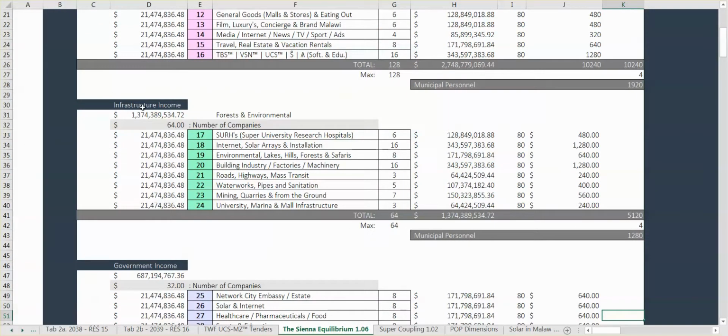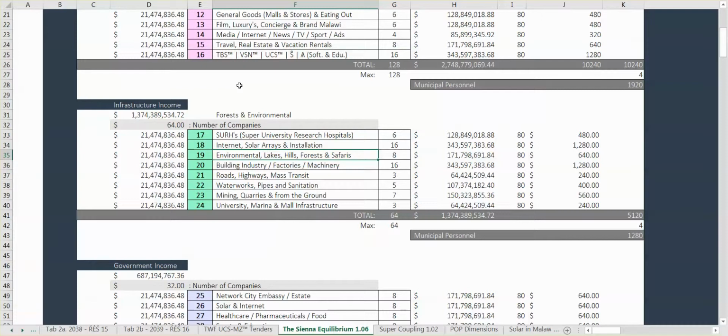We've got infrastructure income. Now that's basically the same as what we've seen above. But number 17 is SURE, Super University Resort Hospitals. That's building hospitals, basically. 18 is the internet, solar arrays and installation. And whilst that says 16 there, there would actually be an awful lot more of that. Environmental,